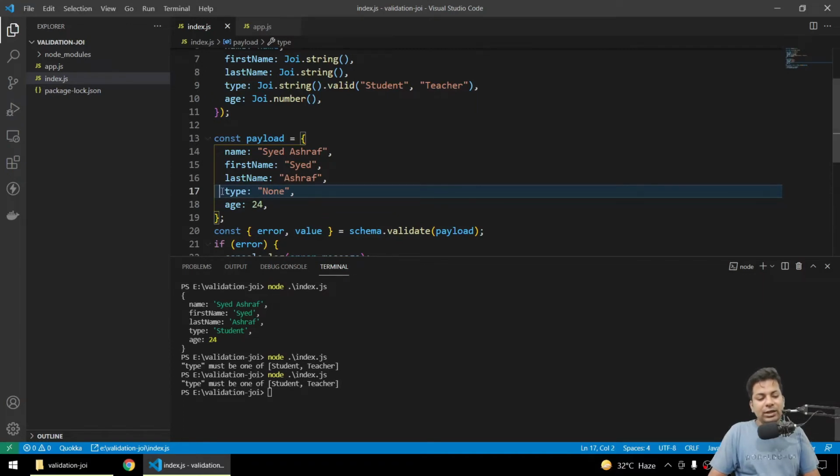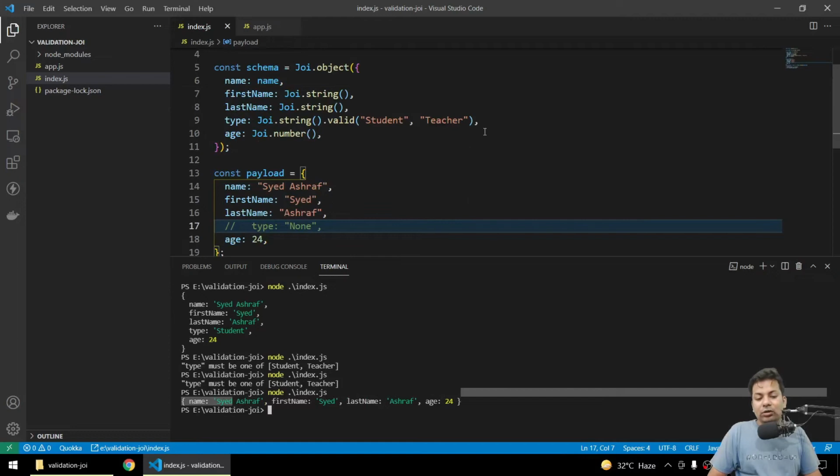If I don't send the type, suppose I am not sending the type, you can see it passed. Why? Because I haven't put required. So if you don't put required, it will pass. If you are sending a value which is not required, then it has to go through this validation. Same for every other object key value pair.